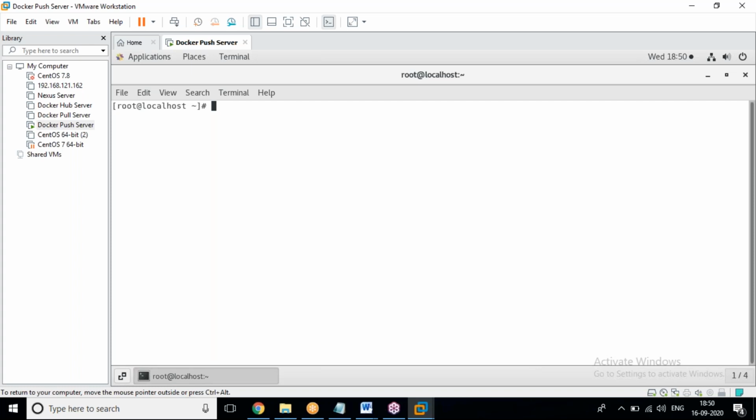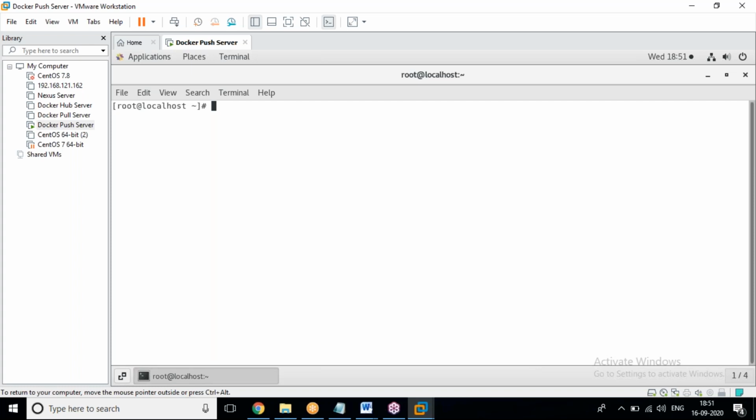Actually, Git was developed for the Linux platform. But if you want to use it on Windows also, yes, it will come with Git plus Bash. It will come with a shell console. We can execute shell commands, Linux shell commands. On Git Bash, we can execute shell commands also, along with Git commands. But here Bash is already available.